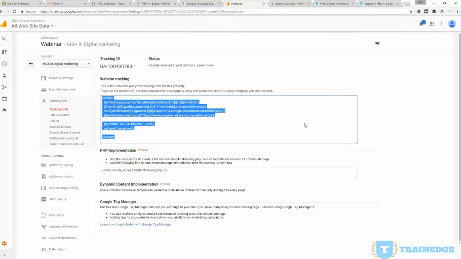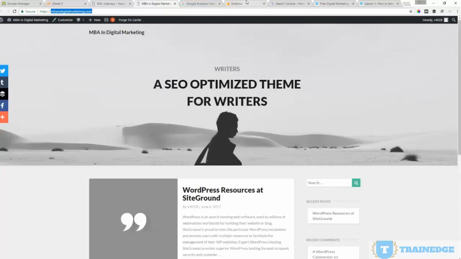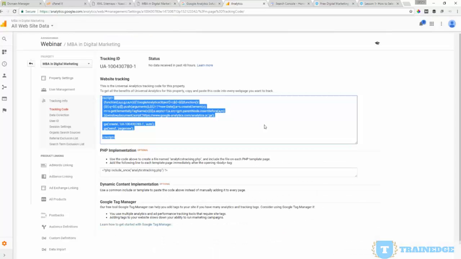So what we do is we add it to a common file that is going to be in all the pages. Normally we'll go to a header file. Normally every website has a common header file that includes the header section, the menus and all of that. So we'll take this code and put it in that header file so it automatically gets included on all the pages.